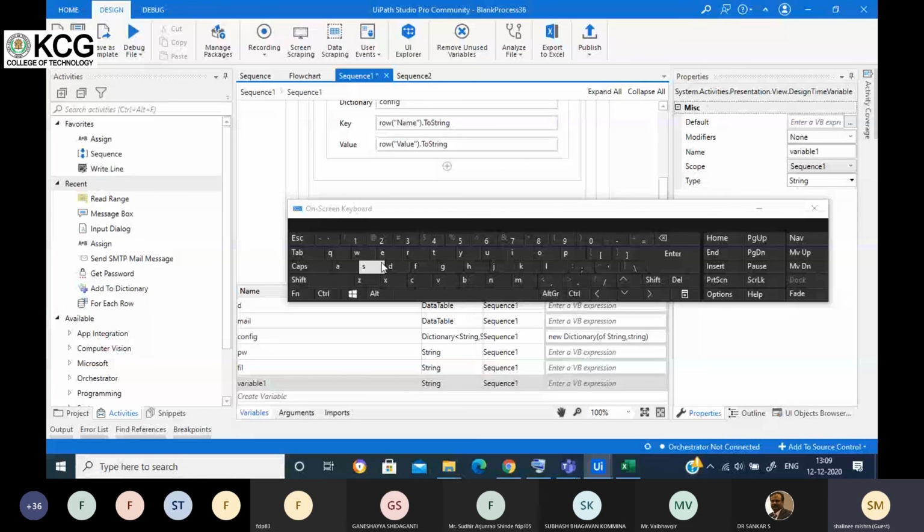Dot format, and here the data, this particular body message. Firstly, this message has been stored in the dictionary. So firstly,